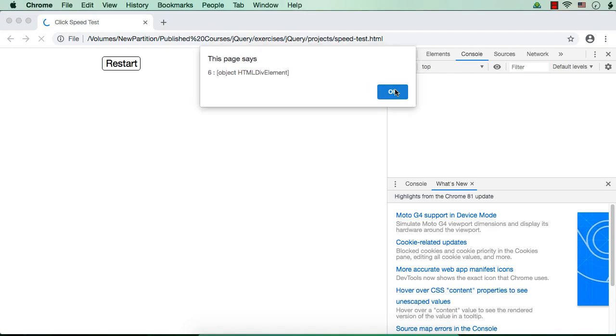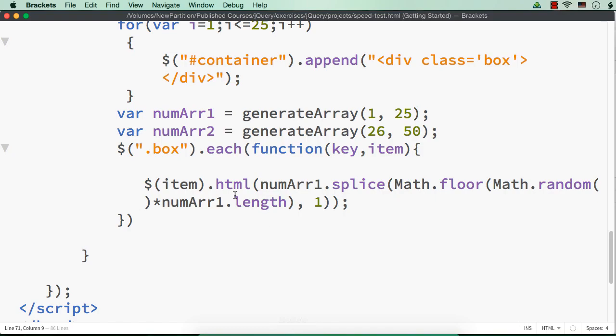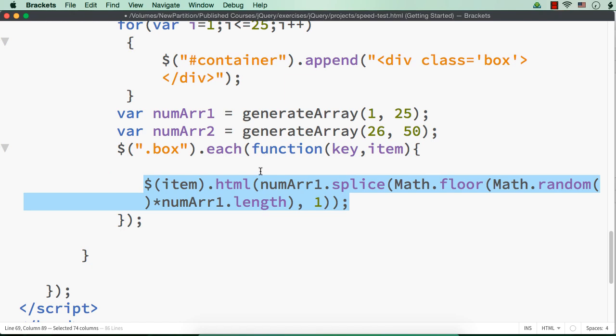Oh, it is still showing. Let me close this. 22, 23, 24, 25. See, we are seeing numbers from 1 to 25 at random positions. Now if I refresh, you could see the numbers changed. That is, the numbers are now showing at different positions. Why? Because we are fetching the numbers from random positions. So when this loop is over, we are getting numbers from 1 to 25 at random positions, because here we have used a splice method to fetch the items at random positions.